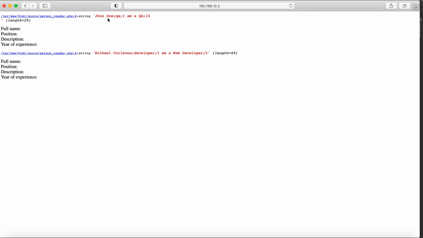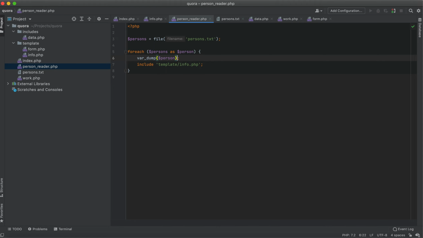Okay. So now I will define a variables coming from that person, and I will define the same variables required from the template. This is the full name,